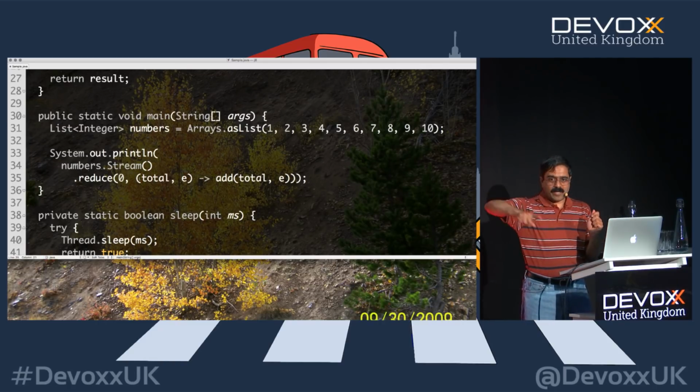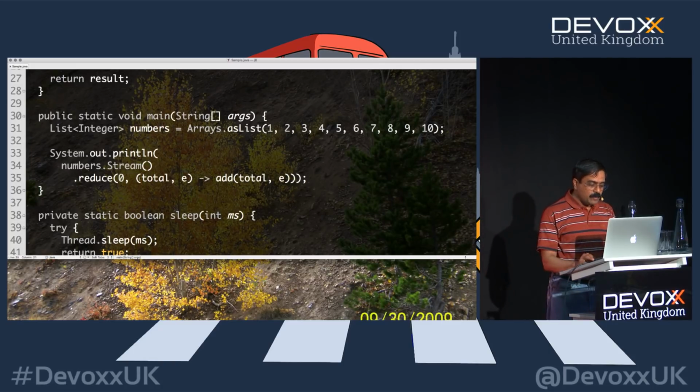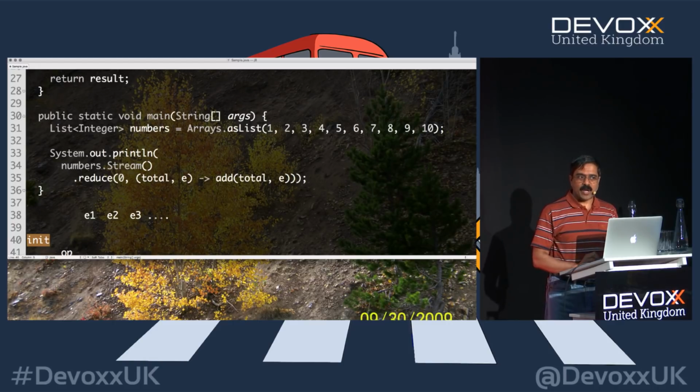Reduce is pretty iterative, but it really has a feedback loop. So the way this feedback loop works is you have some kind of an operation. We'll call it op. Suppose you had elements, let's say E1, E2, E3, and so on. What it does is it takes an initial value, and I'll come back and change that initial value a little later on. For now, allow me to use the word initial value. Soon I will tell you why that's a really bad idea. Use that name. So we take the initial value, we perform the operation with this value E1.